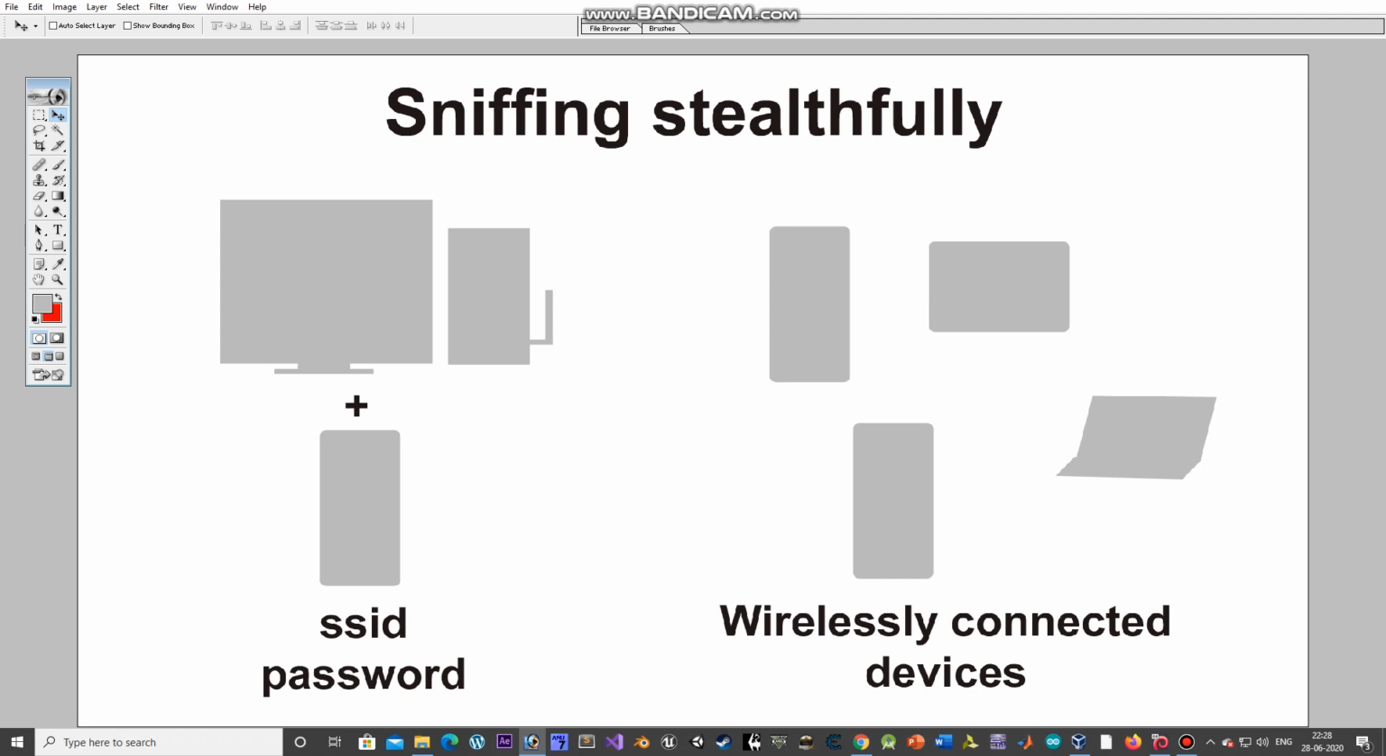Hello all. Today I'm going to demonstrate how to stealthily sniff data on a wireless network. For this, let me first illustrate the plot of this attack. Here, as you could see, we have a PC that we own